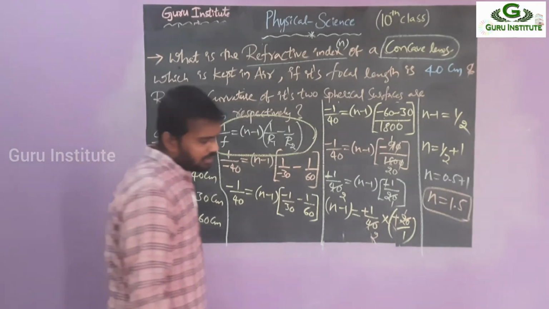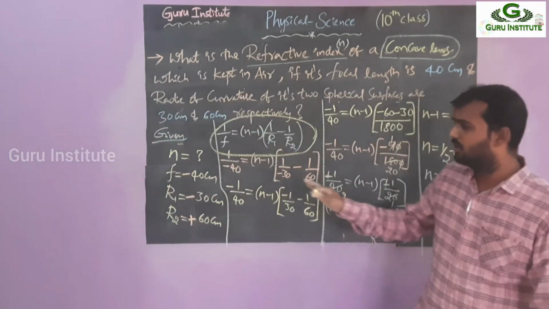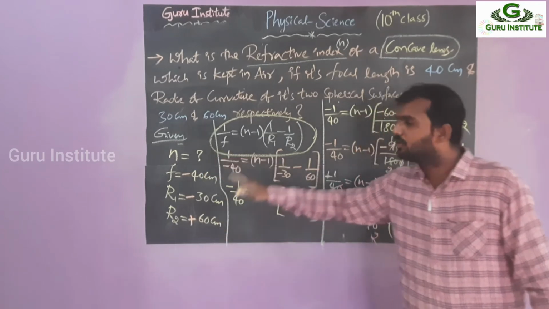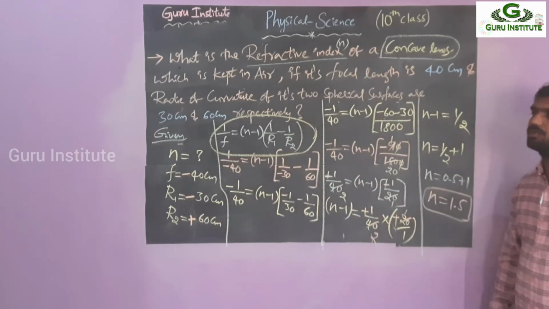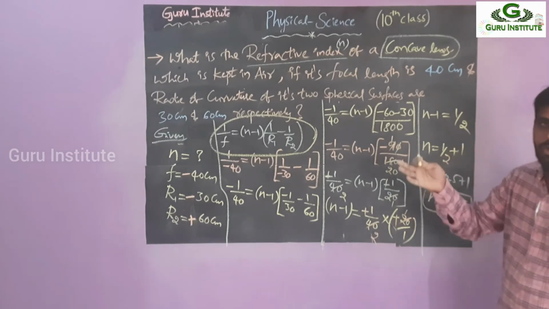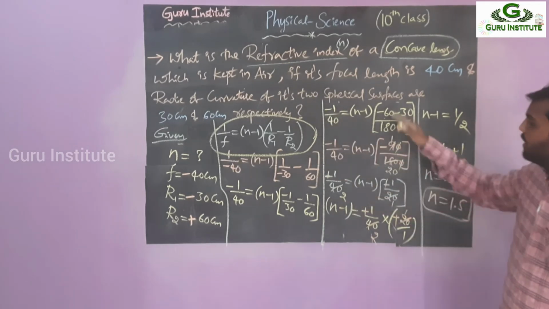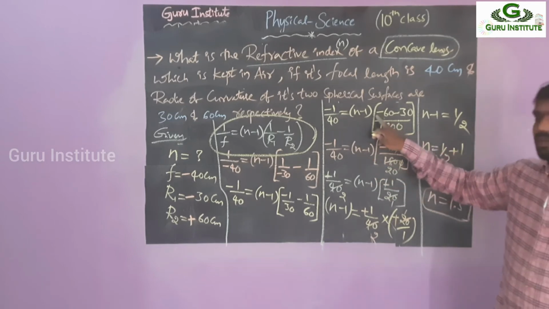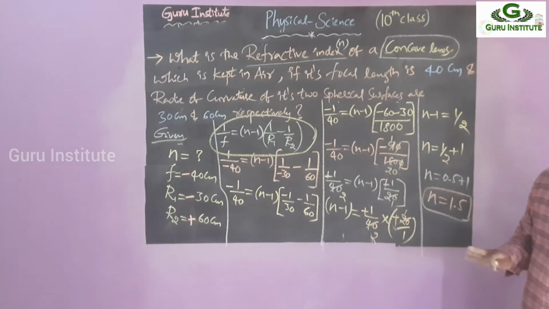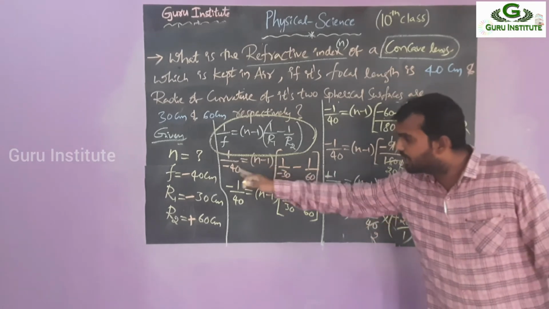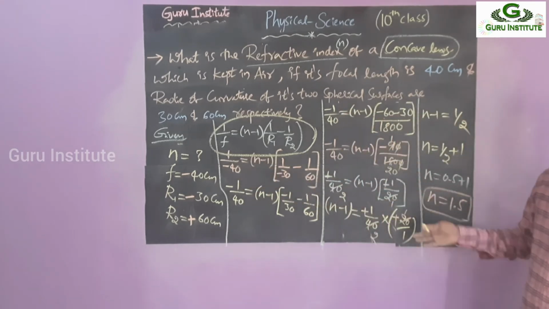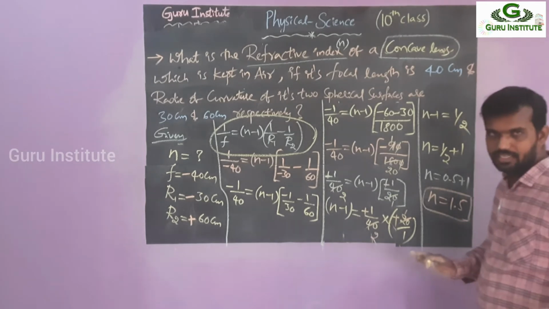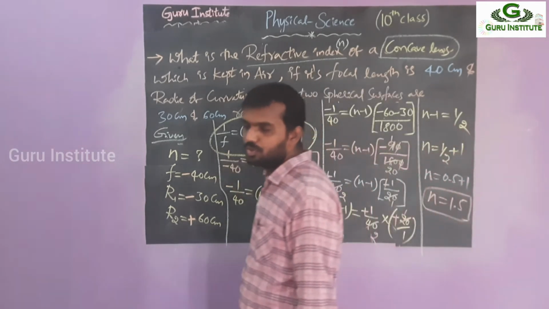Okay, now simply you have to write the data, and from the data, what you are asked, simply write. By seeing all this, you have to note down in that formula. Just substitute whichever formula is suitable. First you have to think out of 4 formulas, substitute and do the simplification. When I do the simplification, you have to observe the minus. Why it is the same means simple logic. Here, this side minus, both should be cancelled. Always you are getting the same. This is about the refractive index. Refractive index has no sign, right? So that's why both should be the same.